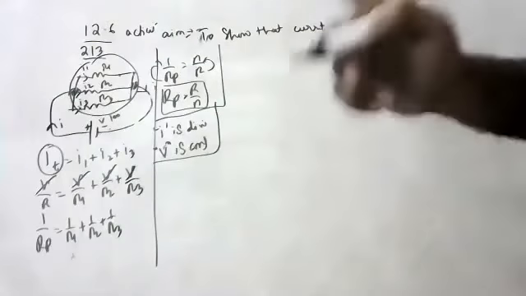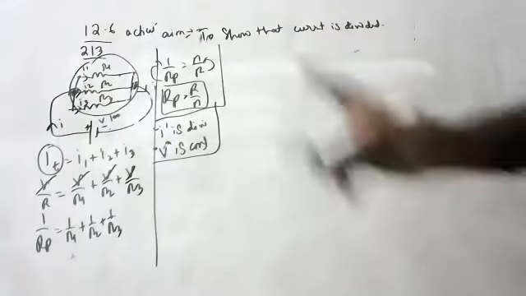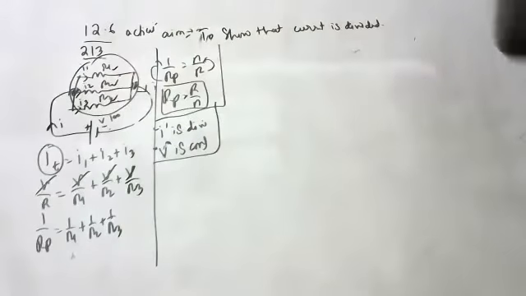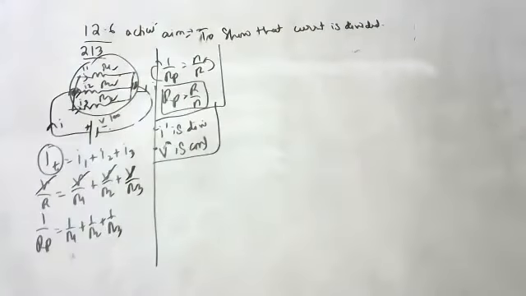If you want them to work at the same potential, parallel connection is compulsory. And current is divided. Different appliances require different currents, no? That's why we join them in parallel. That is the advantage of parallel over series.